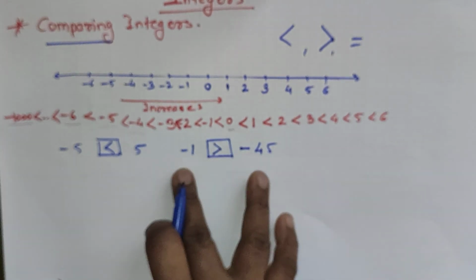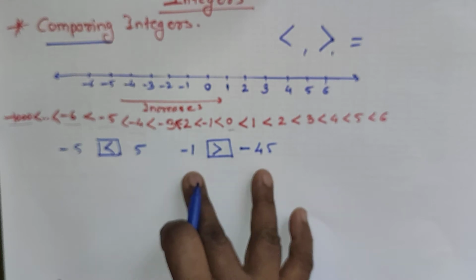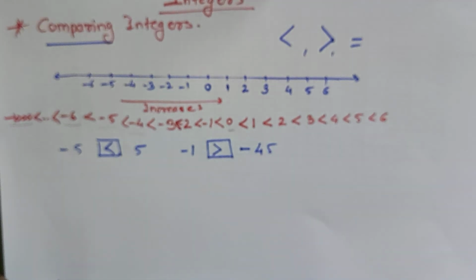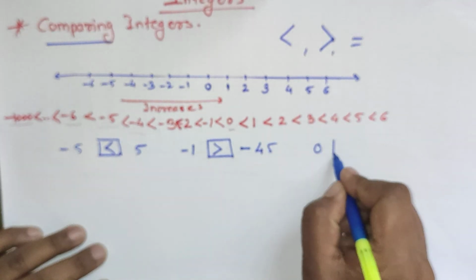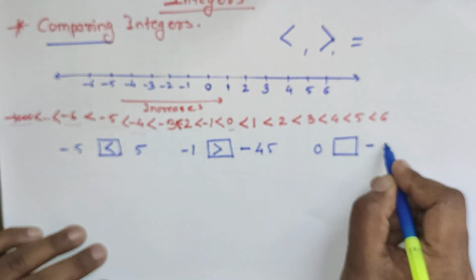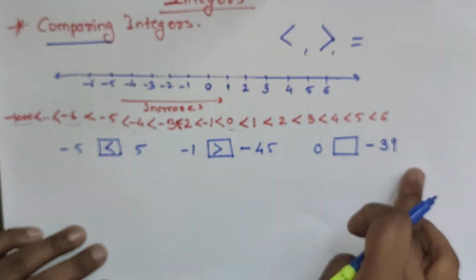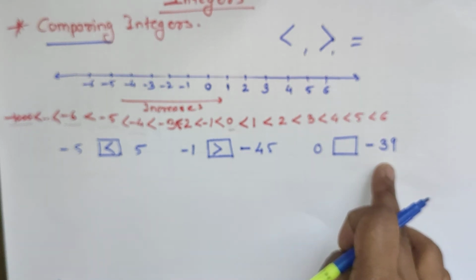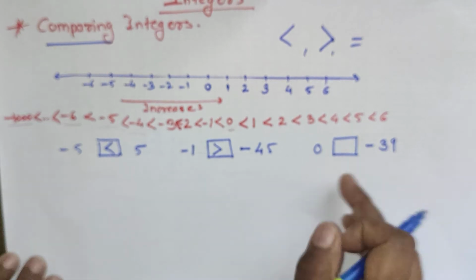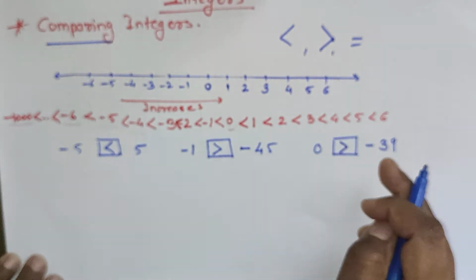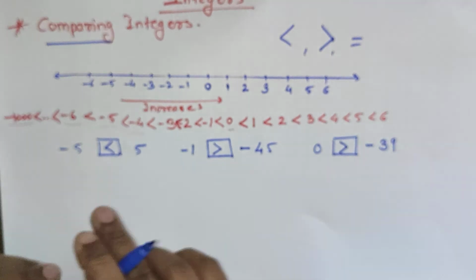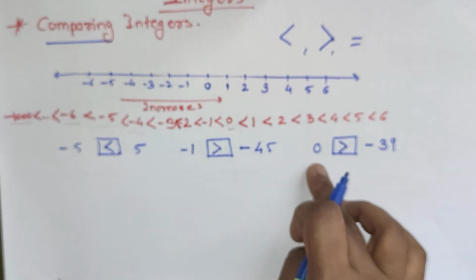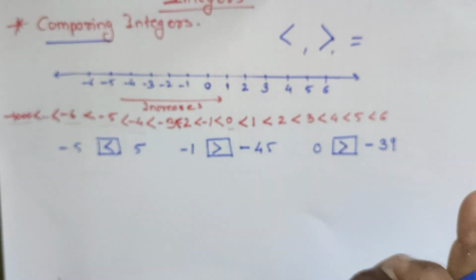Okay, what I said is that if both numbers are negative, the smaller number is the greater one. Now if I write 0 and -39 here, which is greater? Is 0 greater or 39 greater? Always 0 is greater than all negative numbers. What I said is that 0 is greater than all negative numbers. So if we take only 39, it is the greater number, but -39 is smaller than 0. And 0 is greater than -39.